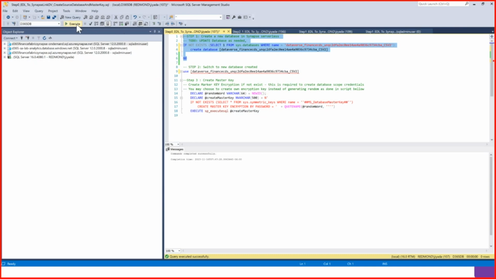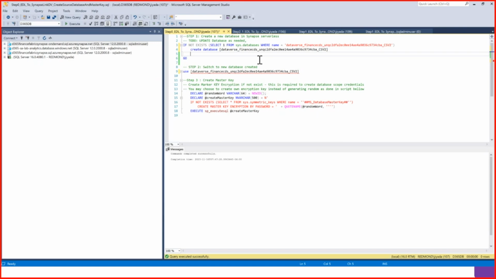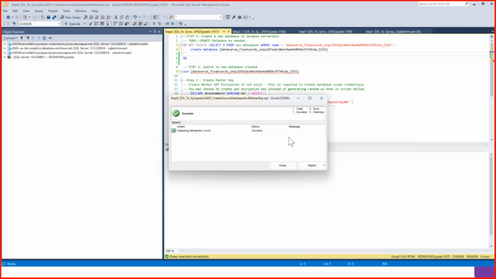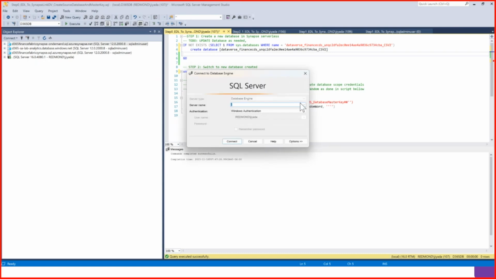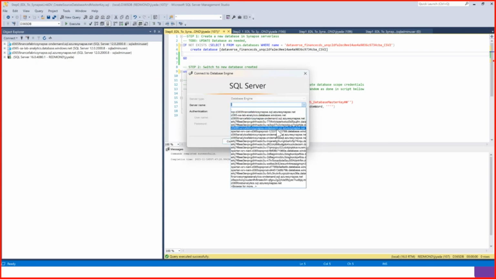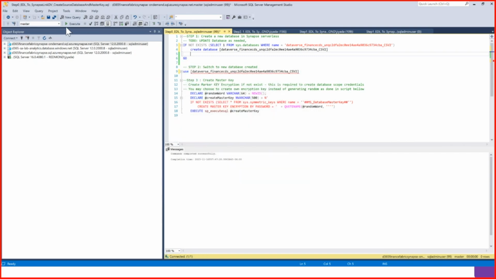I have here, let me connect to a Synapse Serverless database and then execute some of these scripts. So the first script is basically connecting to a Synapse Serverless database, as you can see here, and then creating a new database, and then changing to that database and creating some keys, right? So I'll run this script. I'm able to create the new database, and